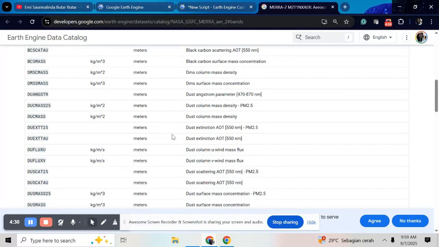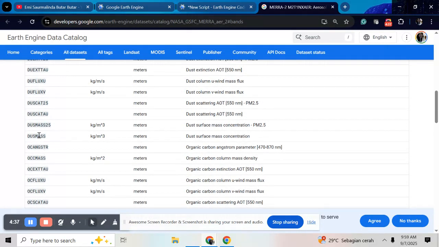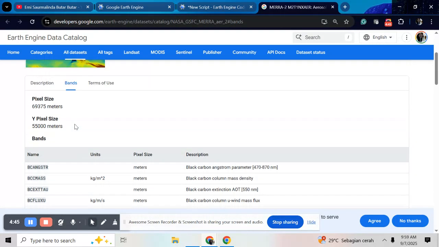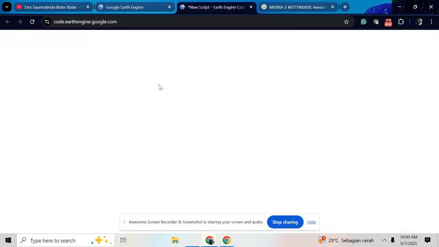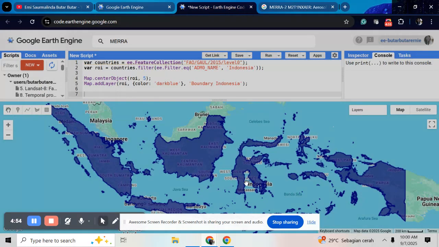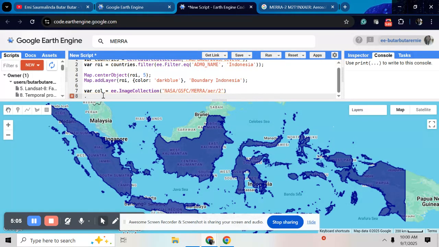And today, because we will use PM2.5, in this case I will use this band name. So I will select based on this. Just copy this snippet first and go to the code editor and make a variable called, for example, collections, and copy it and filter